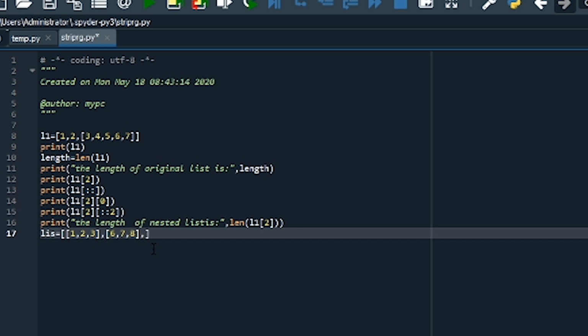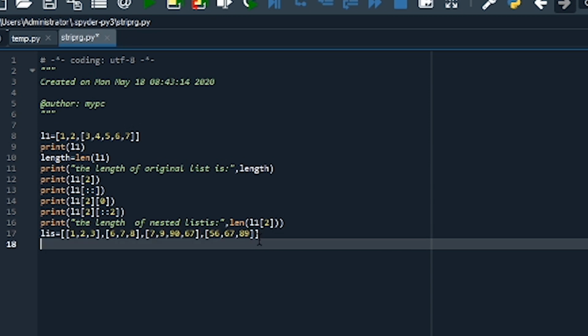Third element, again I am taking one more list. Fourth element, again I am taking one more list. Now how many lists are there in this list? There are 1, 2, 3, 4 lists. That means you can enter n number of lists within a list, and that will be taken as the nested list.